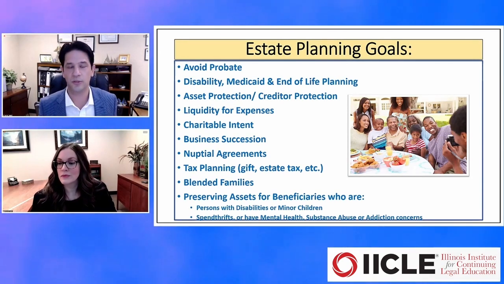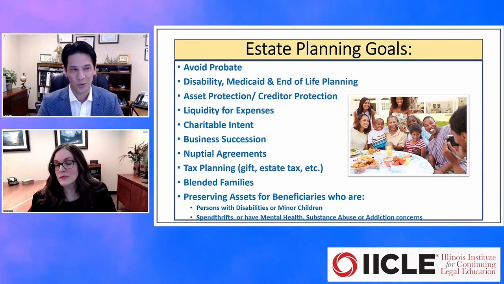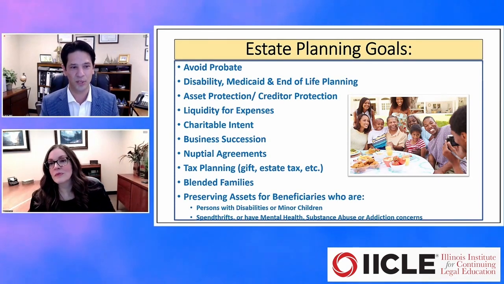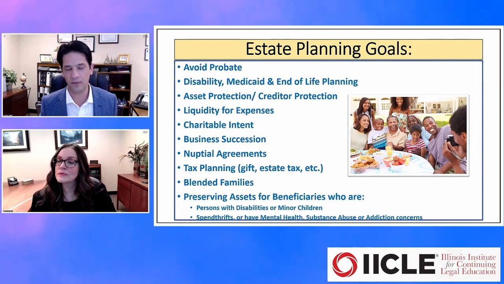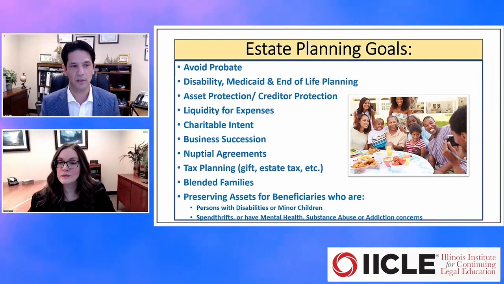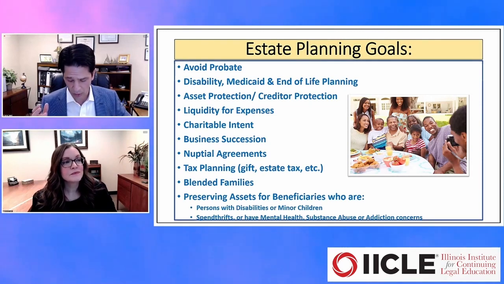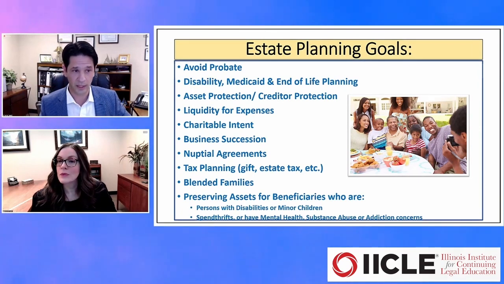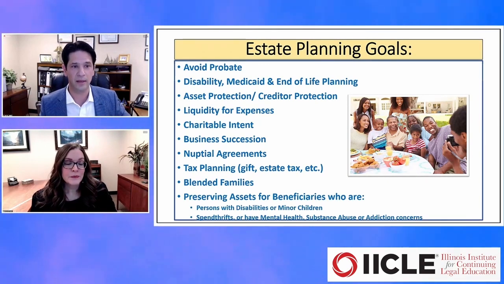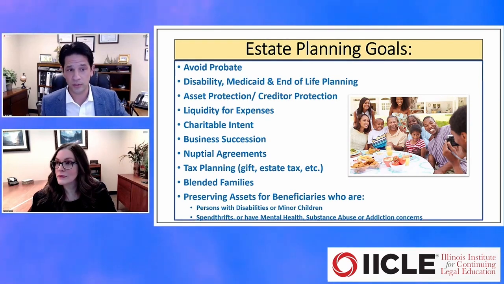So throughout our presentation, we'll try not to read too much to you because there's a ton of information and examples and useful tidbits in here. But this slide in particular, I think, lays out the framework for what we're trying to achieve. So good estate planning for real estate relates to probate avoidance and the expenses associated with that, disability, Medicaid, end-of-life planning, asset or creditor protection planning, liquidity for expenses associated with real estate,